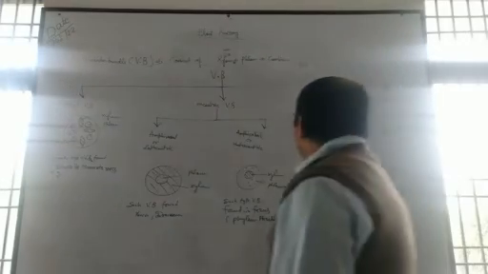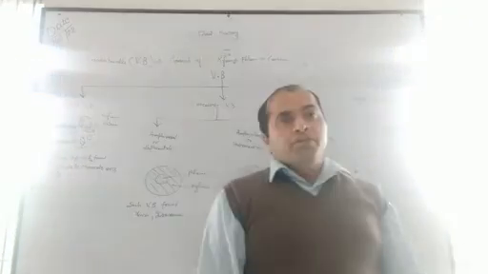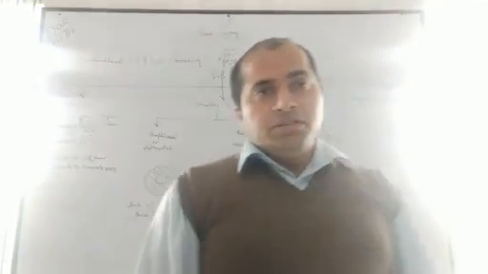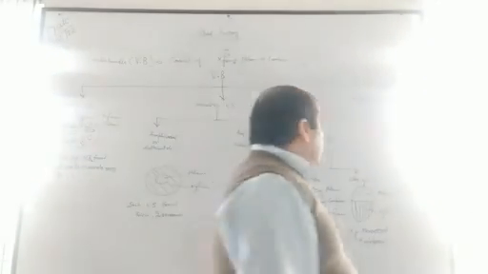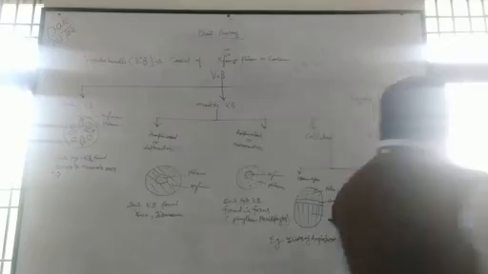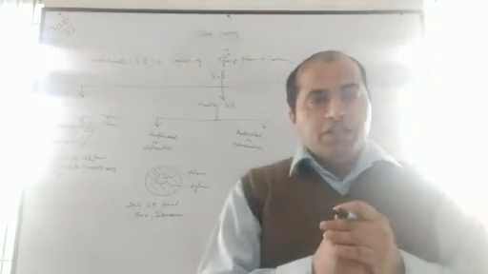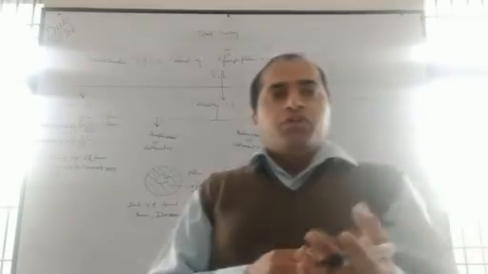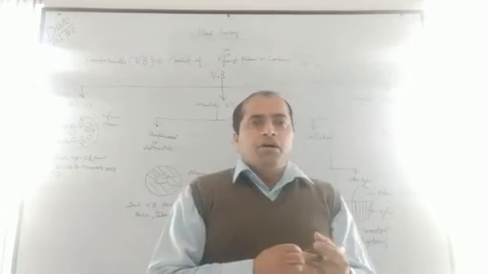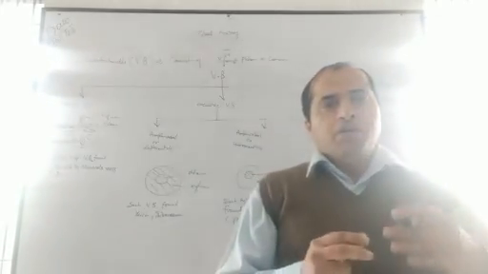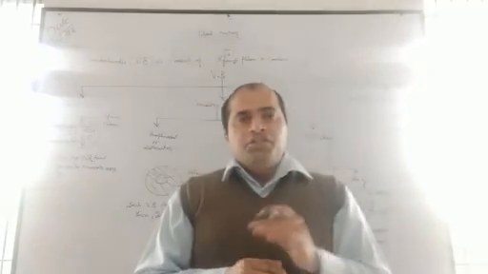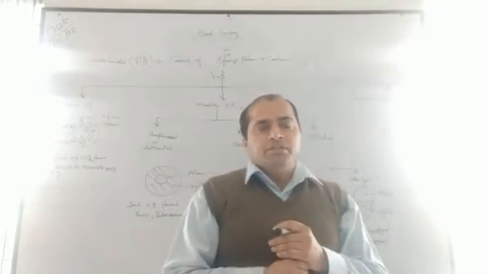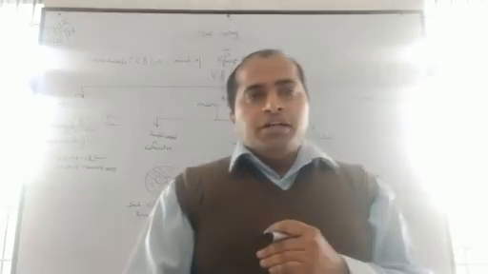Now only one type of vascular bundle has been left, that is the conjoint bicollateral vascular bundle. The conjoint bicollateral vascular bundle is the type in which outer cambium, inner cambium, outer phloem, and inner phloem are found, and between the inner and outer cambium, xylem is found. This type of vascular bundle is found in the stems of the Cucurbitaceae family.